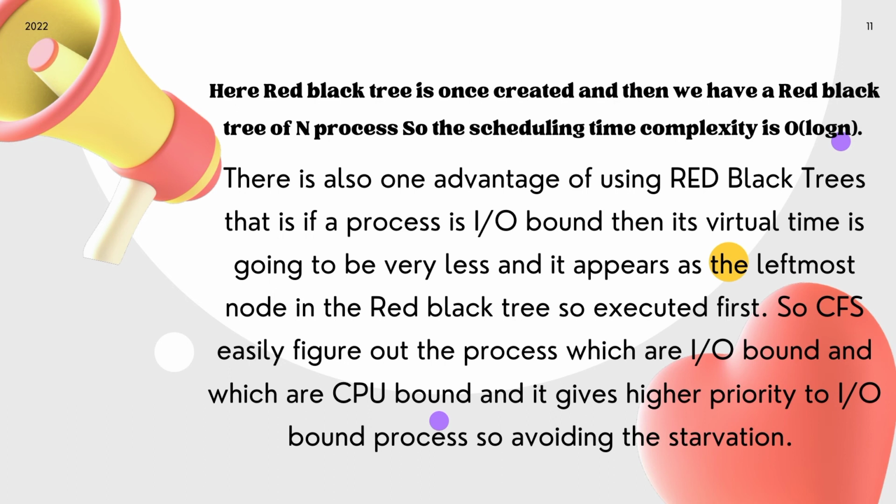There is also one advantage of using red black trees: if a process is IO bound, then its virtual time is going to be very less and it appears as the leftmost node in the red black tree, so it is executed first. So CFS easily figures out which processes are IO bound and which are CPU bound, and it gives higher priority to IO bound processes, thus avoiding